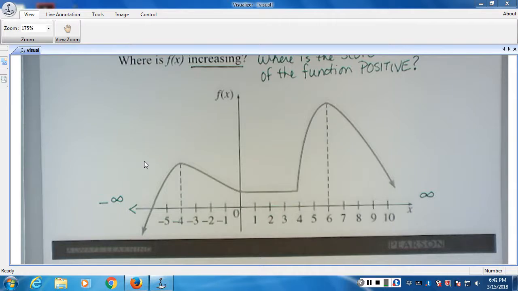Okay? When we have infinity, we use a parenthesis because infinity isn't actually a number. Infinity just says further down. So it's not really a number and we don't include it. We include numbers in an interval when we have a square bracket. You're not going to see me use a square bracket here because the intervals that we're going to use, we can't contain the endpoints, and I'll explain why as we go along. So the intervals that we're going to use are going to be enclosed in parentheses. They're going to look like points, but all it's doing is we're saying in interval notation